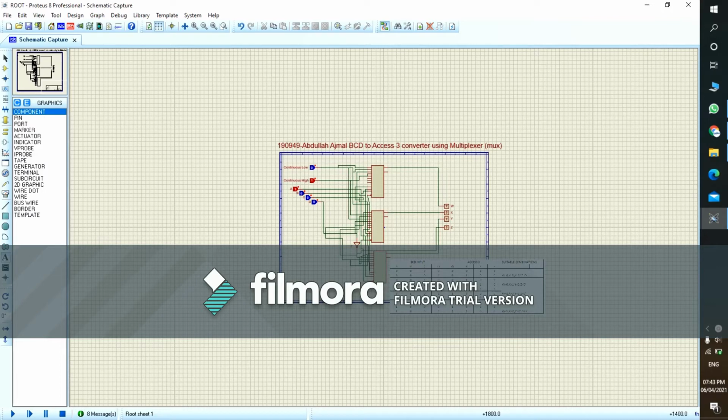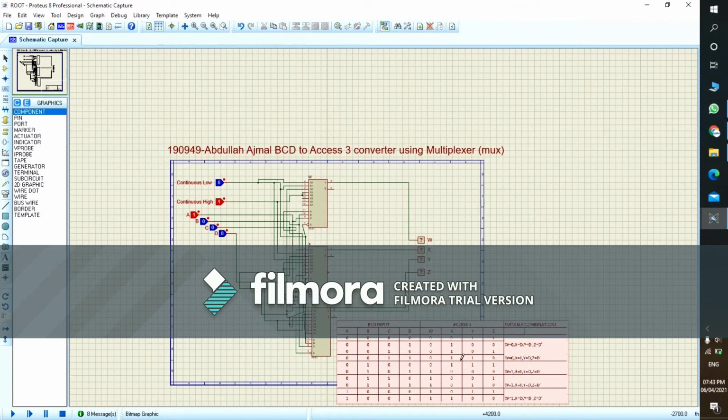So basically, like in decoders, we have studied that a decoder converts one form of codes into another form, so it has many outputs. On the contrary, a multiplexer is a circuit that has many inputs, but on the basis of its selector inputs, it gives us only a single output. As you can see in the diagram presented on the screen, the output is single, and there are many inputs. So I will explain my circuit.